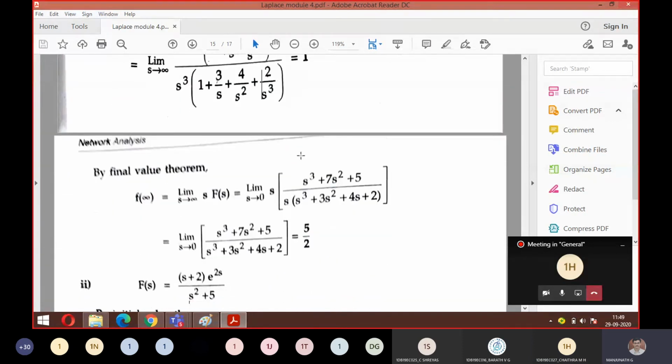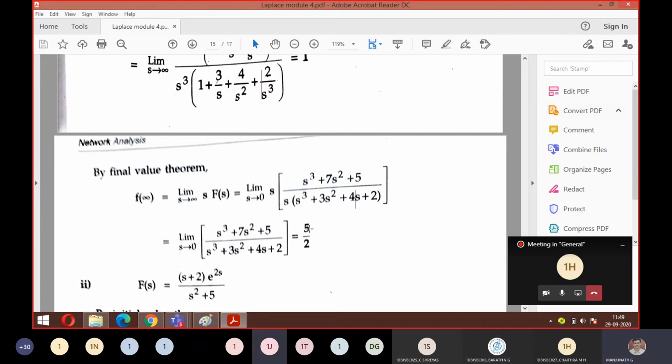So same procedure. Let me come to your final value theorem now. Same thing. What is the change? You need to apply s tends to 0. So wherever s tends to 0 is there, just check out what happens now. First this s will get cancelled. So remaining is this only. So again do you want to simplify like the previous one? No need, right? Because this is limit as s tends to 0. Earlier it was infinity. I hope you know the difference between infinity and 0. So just check out, is it 5 by 2?